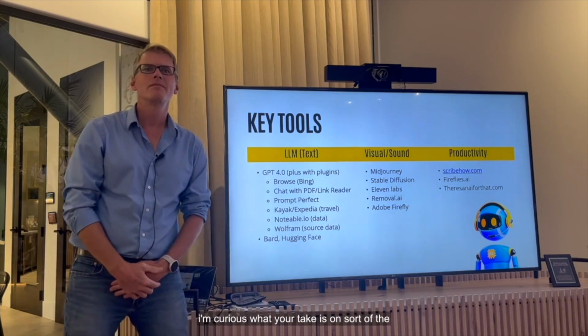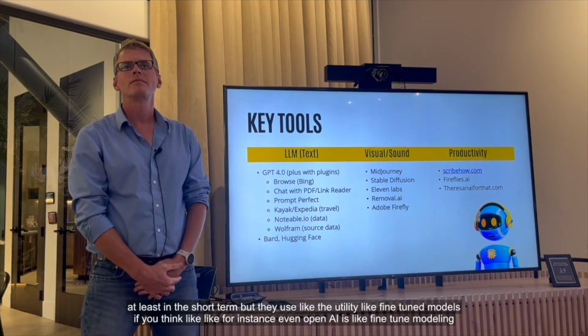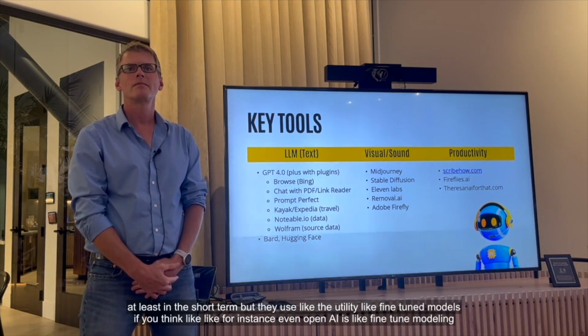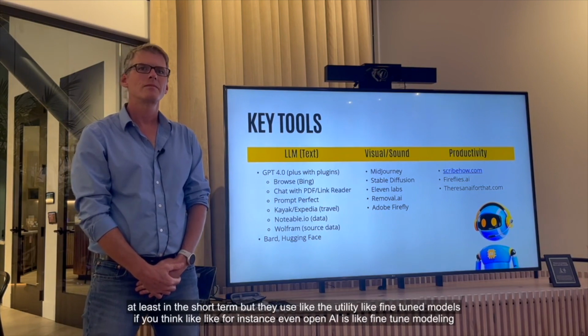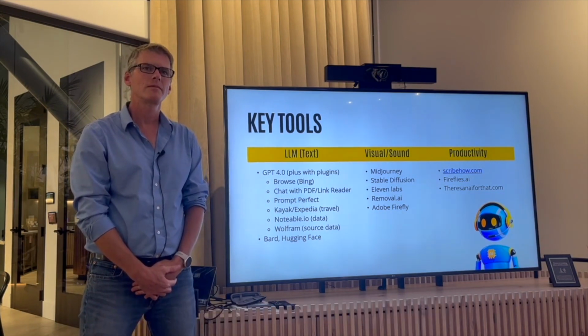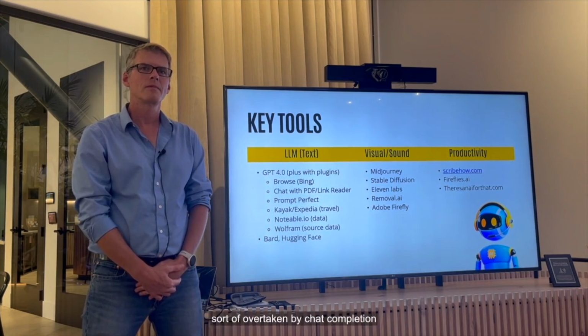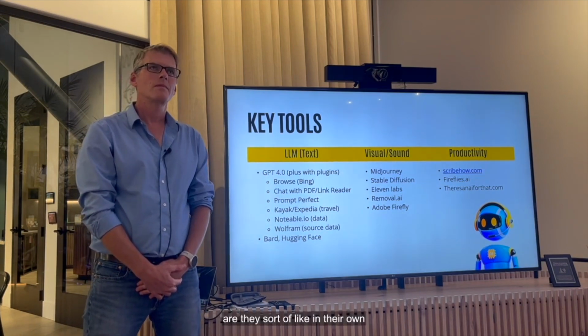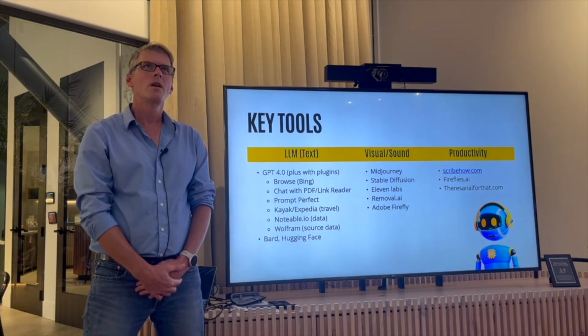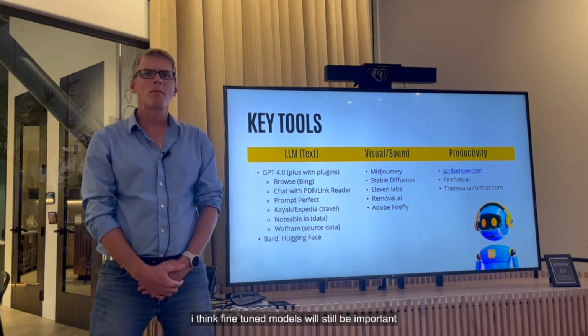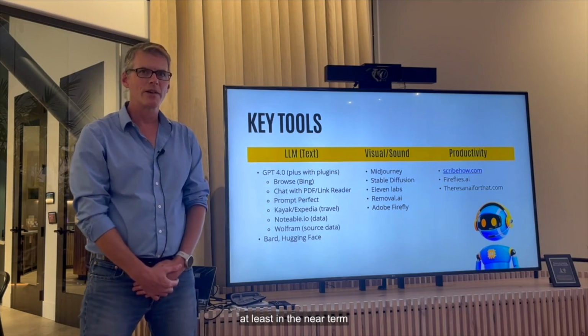I'm curious what your take is, at least in the short term, on the utility of fine-tuned models. For instance, even OpenAI has fine-tuned modeling. Do you think they'll be overtaken by chat completion, or are they in their own field? I think fine-tuned models will still be important, at least in the near term.